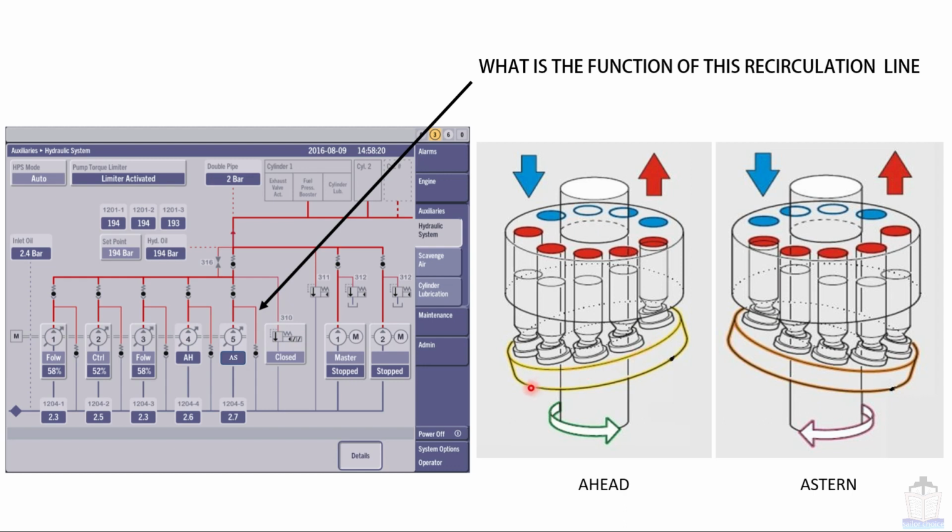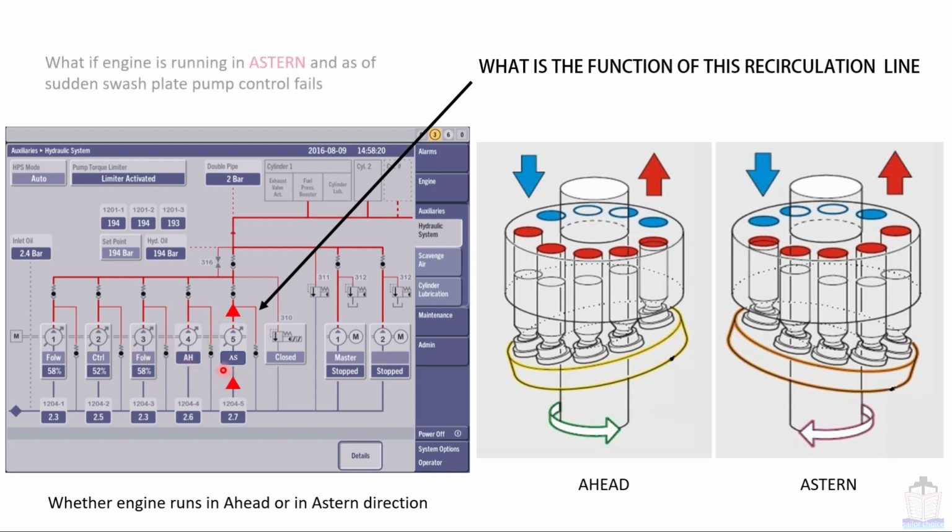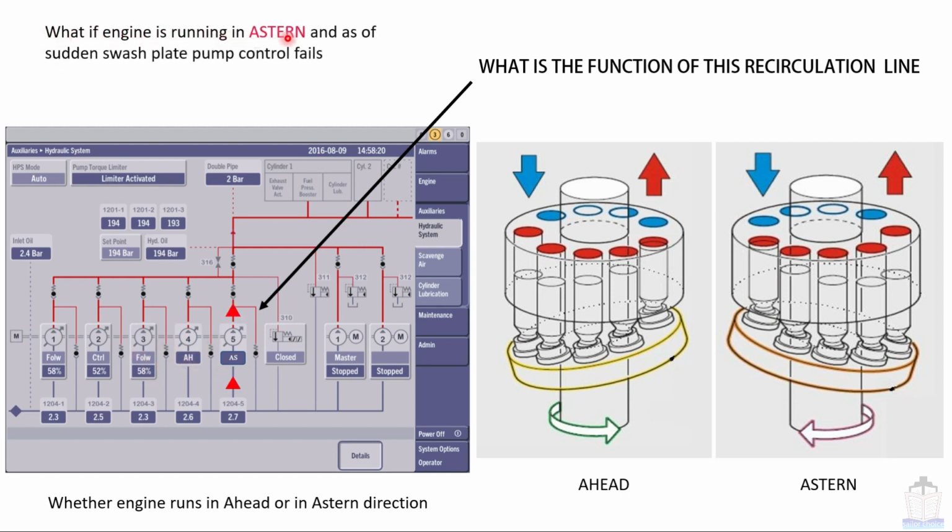In ahead direction, the orientation is like this, and in astern direction, orientation is like this, and hence the suction port and discharge port remain same. That means whether engine runs in ahead or in astern direction, our direction of flow will be same. Here I have taken a case in which the engine is assumed to be running in astern direction. Please ignore all this thing. Now, what if the engine is running in astern and all of a sudden swash plate pump control fails? Obviously, that particular swash plate cam will move in ahead direction, and therefore the suction and discharge port will interchange,